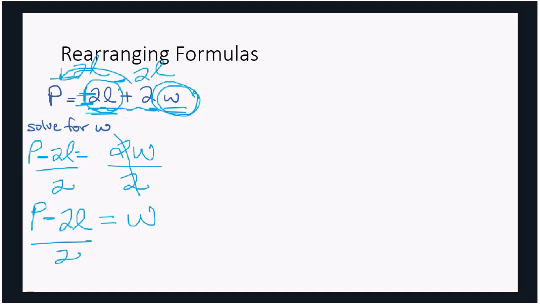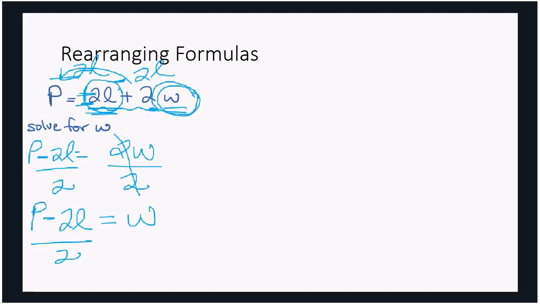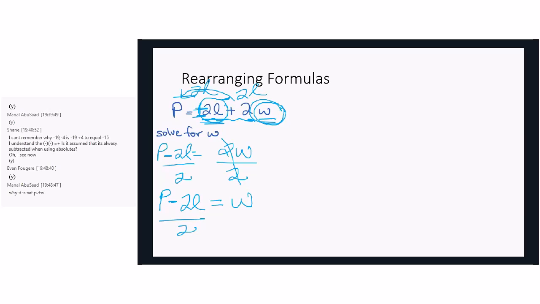Anyone have any questions about that? That's the easier one because there's only one W that I need to do. But in my next one, in the last one, I'm going to solve for C where there's actually 2 instances of C. But does anybody have questions about this one first before I go over that last example? Everybody's okay? Give me a thumbs up if you're okay, or text a question. Awesome. You'll get used to me asking for thumbs up and stuff.